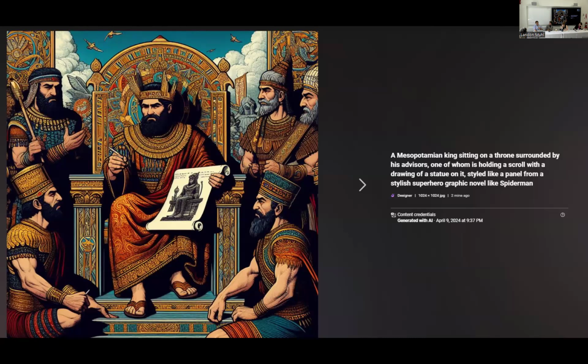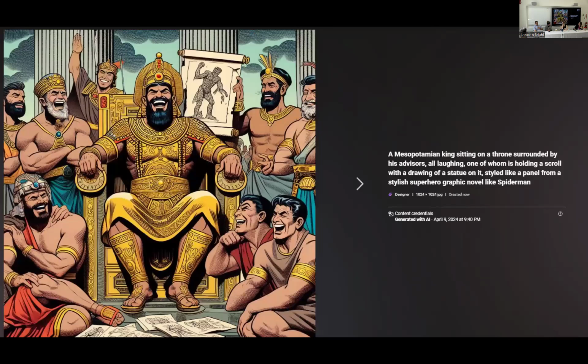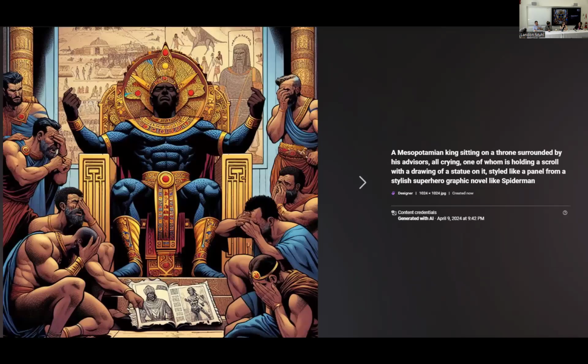So this was the sort of thing, it's kind of in comic book style, a Mesopotamian king sitting with his advisors holding an image of a statue, right? And kind of Spider-Man style. And then we had to have them laughing, and then we had to have them crying, right? And so these are the sorts of kind of fun ways that we can bridge some gaps, particularly between studio and